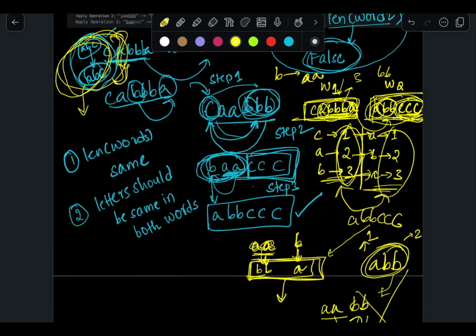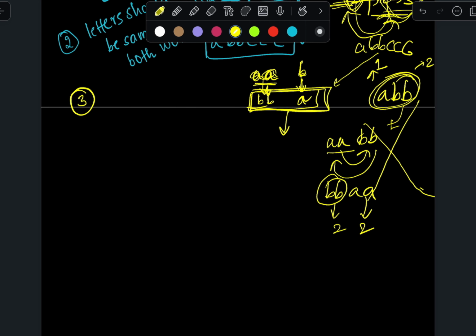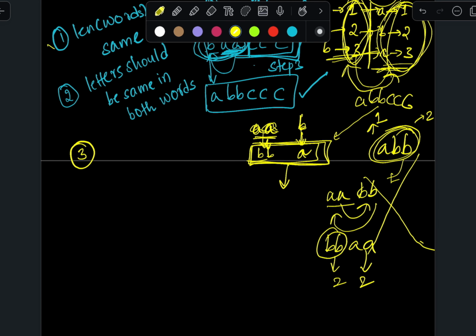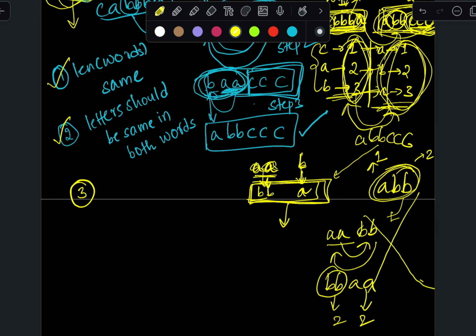So the frequency sets must be of the same elements for the transformation and swapping to happen. Now let's quickly write the third part down. The word's length should be same, then letters should be same, like whatever elements are occurring they should be same, and their frequency